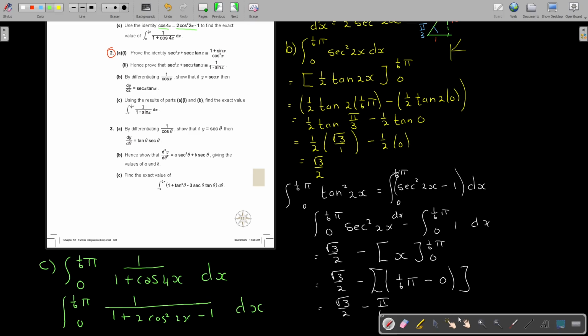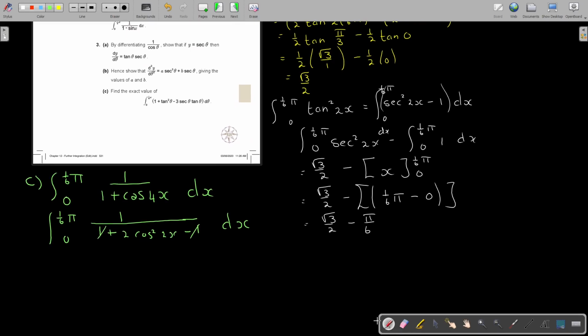Okay, so if I go further, I'm going to see that this one and this one will cancel out. So let's just go on. I still didn't integrate, so it's 1 over 2 cos squared 2x